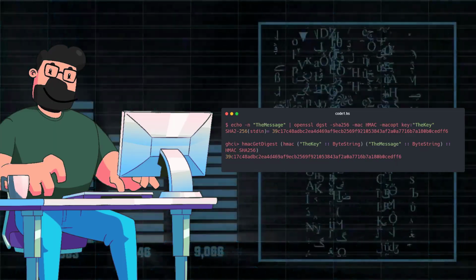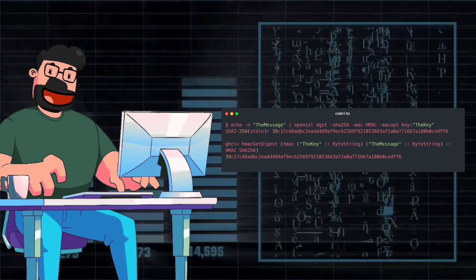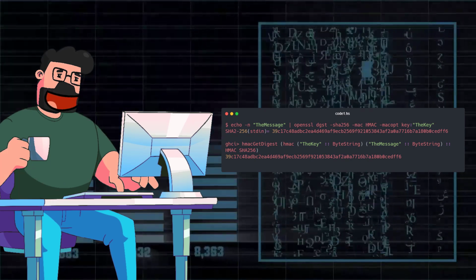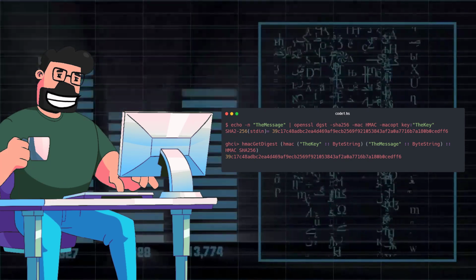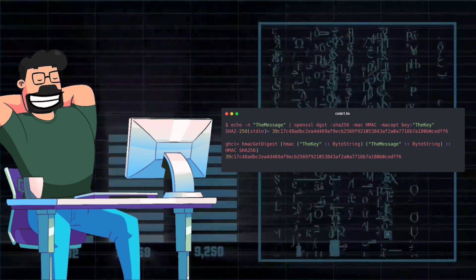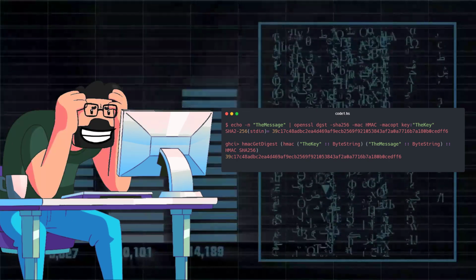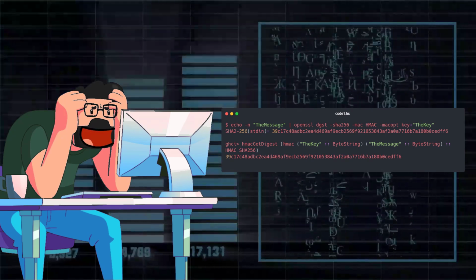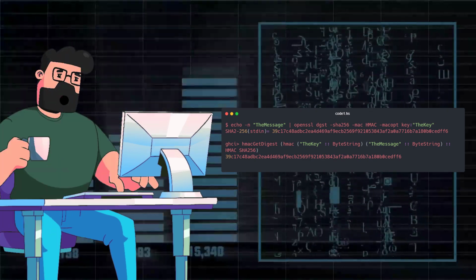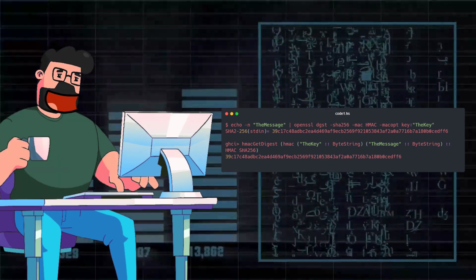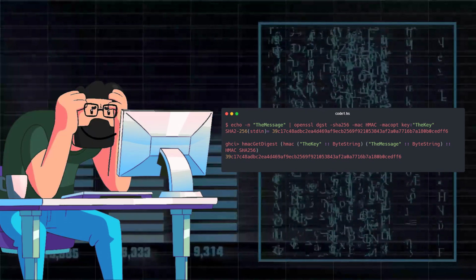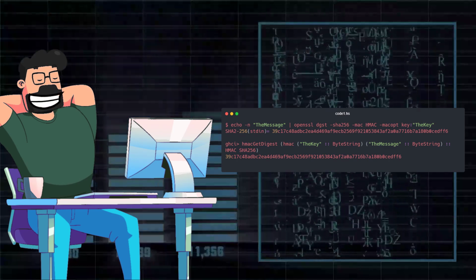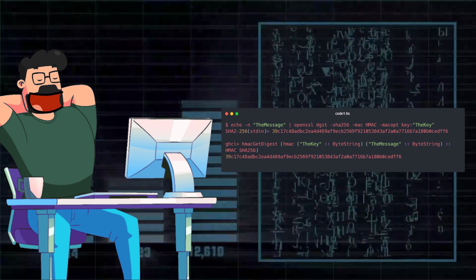The solution to this problem lies in a common pitfall when testing crypto code on the command line. The echo command adds a newline character to the output, which can lead to discrepancies in the hashing results. One way to address this is by hashing the message with a newline character included in the Haskell code. Alternatively, you can use the -n flag with echo to suppress the newline in your openssl test. By making this adjustment, you'll ensure that the input messages are consistent between the two methods and produce matching hash